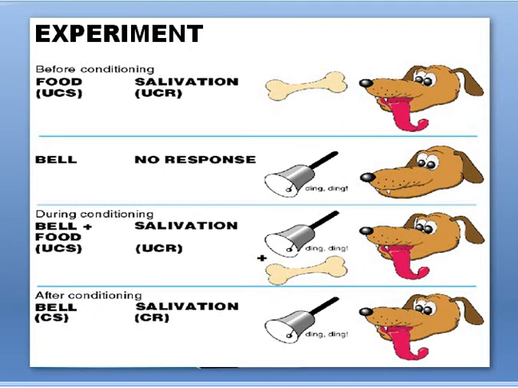Here is also to understand: unconditioned stimulus is food, unconditioned response is salivation, bell, no response. During conditioning, bell plus food, food is UCS, salivation, UCR. After conditioning, only the bell has come, that is CS. CS means conditioned stimulus and salivation is conditioned response. There is no food but salivation continues. So this is an experiment done by